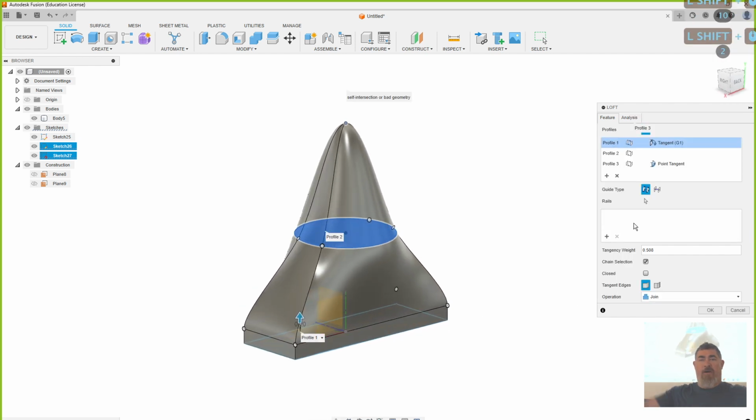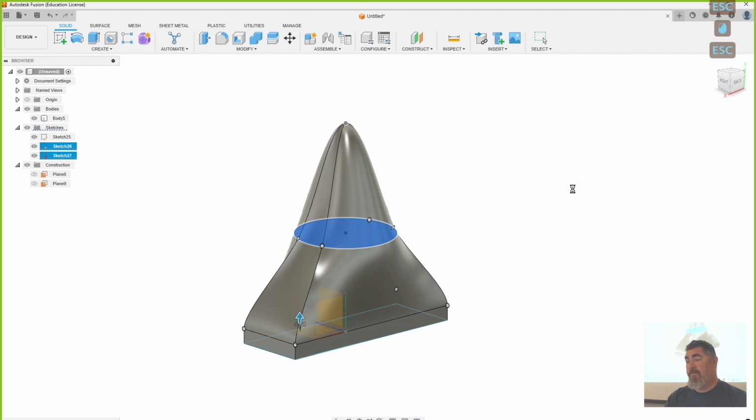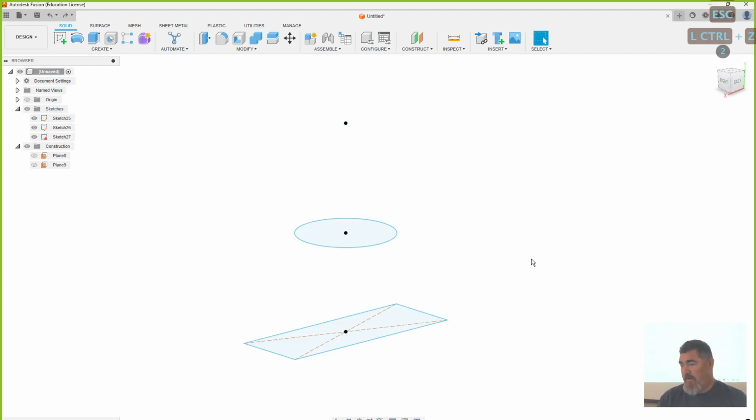Then I can add rails to help control the overall shape of it and stuff. We might get more to that. Right now, I just want you to play with it. One real common thing for Loft, though, probably the thing that I use it for the most,